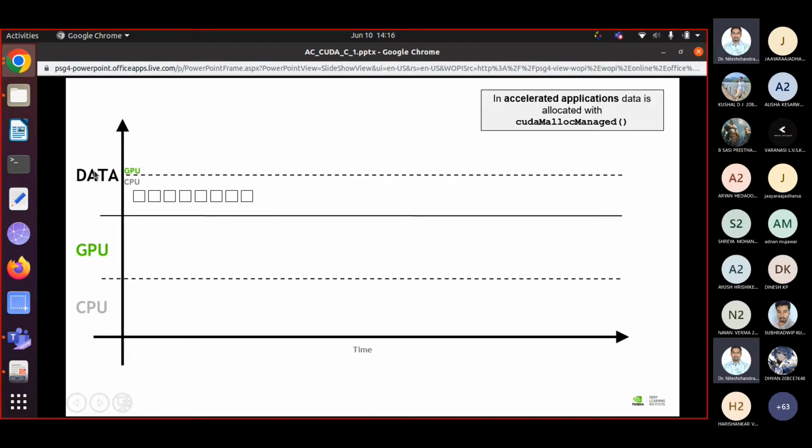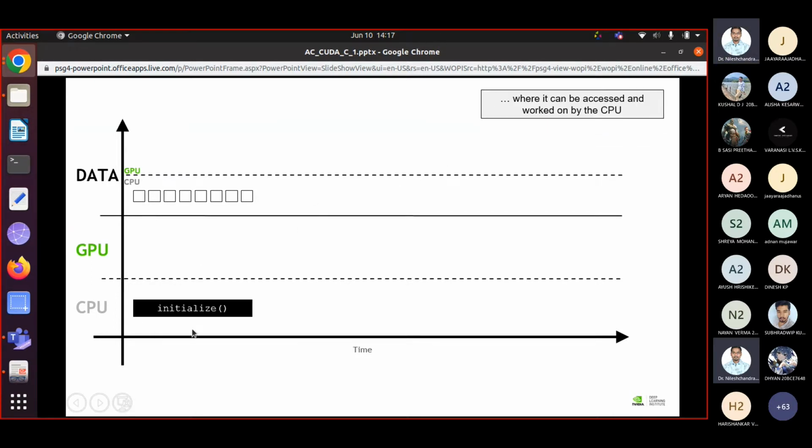In data also, as I told you, the CPU has its own memory and the GPU has its own memory, because both are processors. If they want to perform any computation, they need data in their local memory. For the CPU, the local memory is referred to as RAM. The GPU also has local memory, referred to as VRAM, or again you can call it RAM, right?